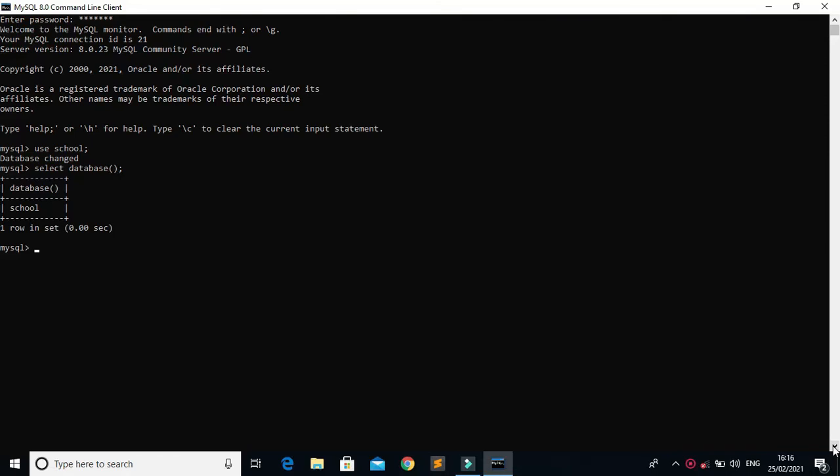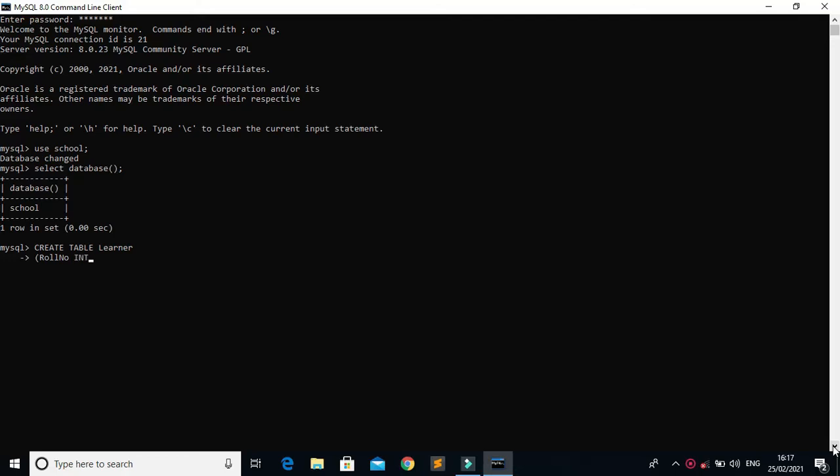Now let's take one example. Let's create a simple table named learner with two columns, roll number and name, in the school database. To do this, the following statement is used. We write create table learner, come to the next line by pressing enter, open the parenthesis, write roll number, then the data type for the column, that will be integer.